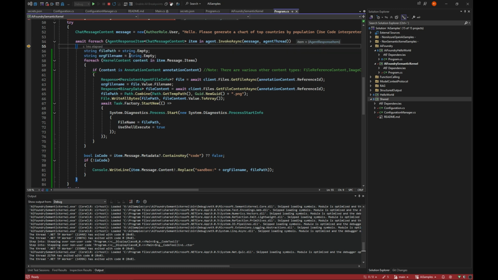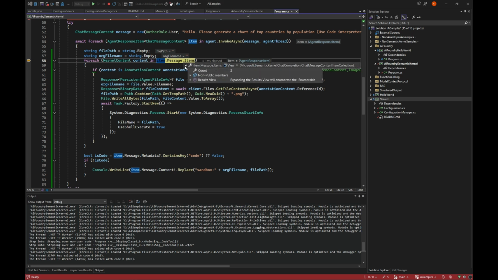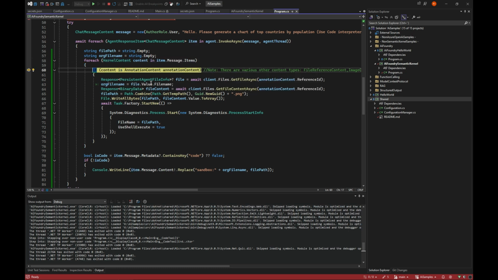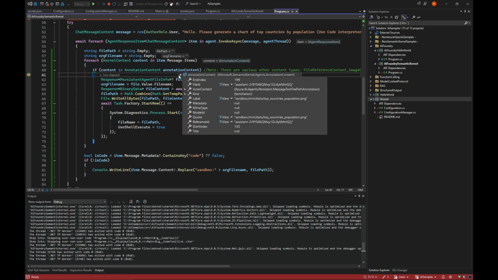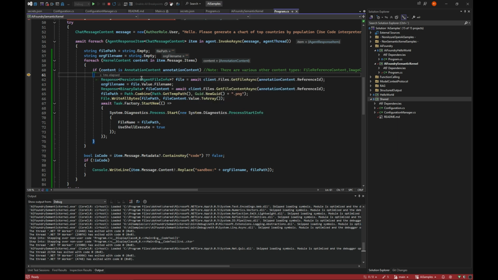And that's where the items come in, where we get items here, and we will see that we have an annotation content here. And the annotation content, once we get to the second part here, will actually hold things about the file ID, which is actually not the file ID, it should be the reference ID, because the file ID is obsolete.